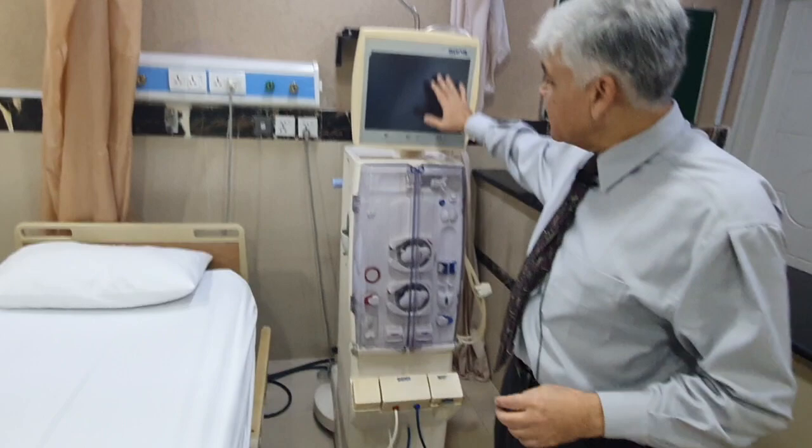What you will see here is a patient or a dialysis machine. What you won't see is a water treatment plant. The water treatment plant is way at the back, but that's critical. It's extremely important because this is the water which actually goes inside the patient. And so that water has to be of a very high quality, and because it goes in, we have to make sure that it is sterile as well. So coming back to the dialysis machine,